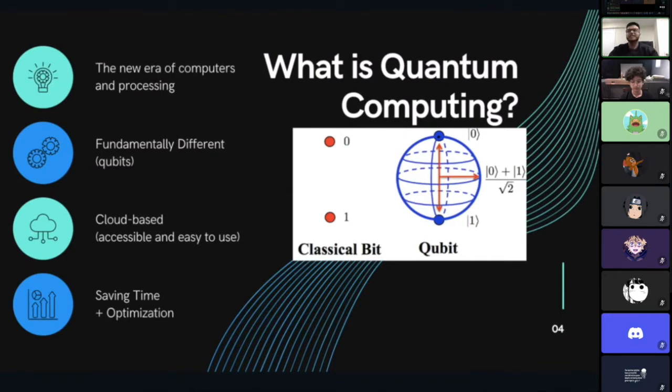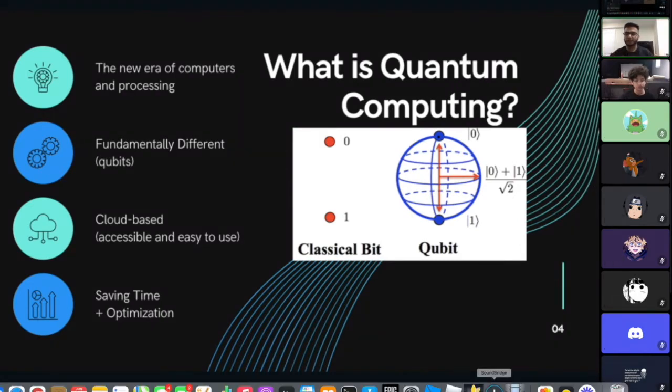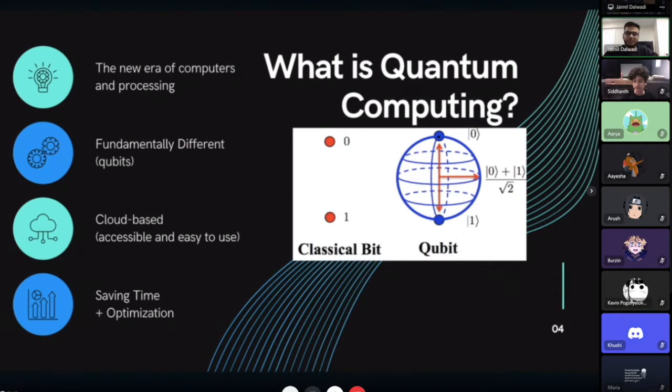So, what is quantum computing? Well, basically, it's the same thing as classical computing, but it's built fundamentally different. It's going to be a new era of computers and processing. And I'm sure you guys have all seen or heard the hype around it, that Google, IBM, they're all saying quantum supremacy. Basically, quantum computers allow for a lot more processing power, which makes it easier to solve very, very hard problems.